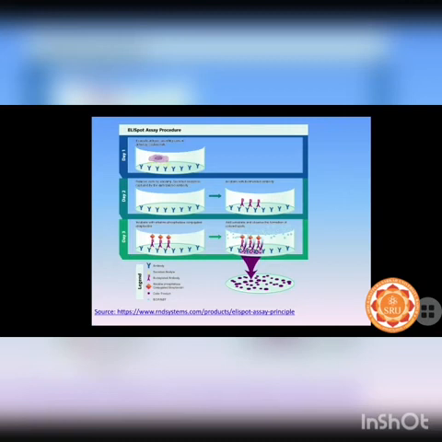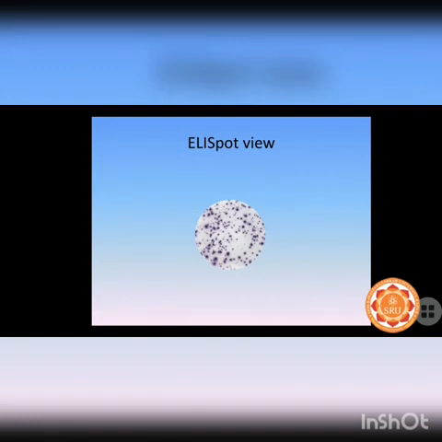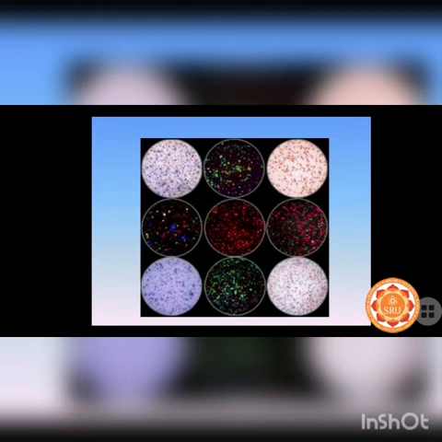After the process is completed, the ELISpot is viewed in this manner. Here the spots can be seen wherever the antigen and antibody have interacted. This technique has also been used in immunofluorescent assays. These are pictures which give us a view of the immunofluorescent spots. A different kind of microscope is used to read such a result, and the normal white background view is done in normal compound microscopes.